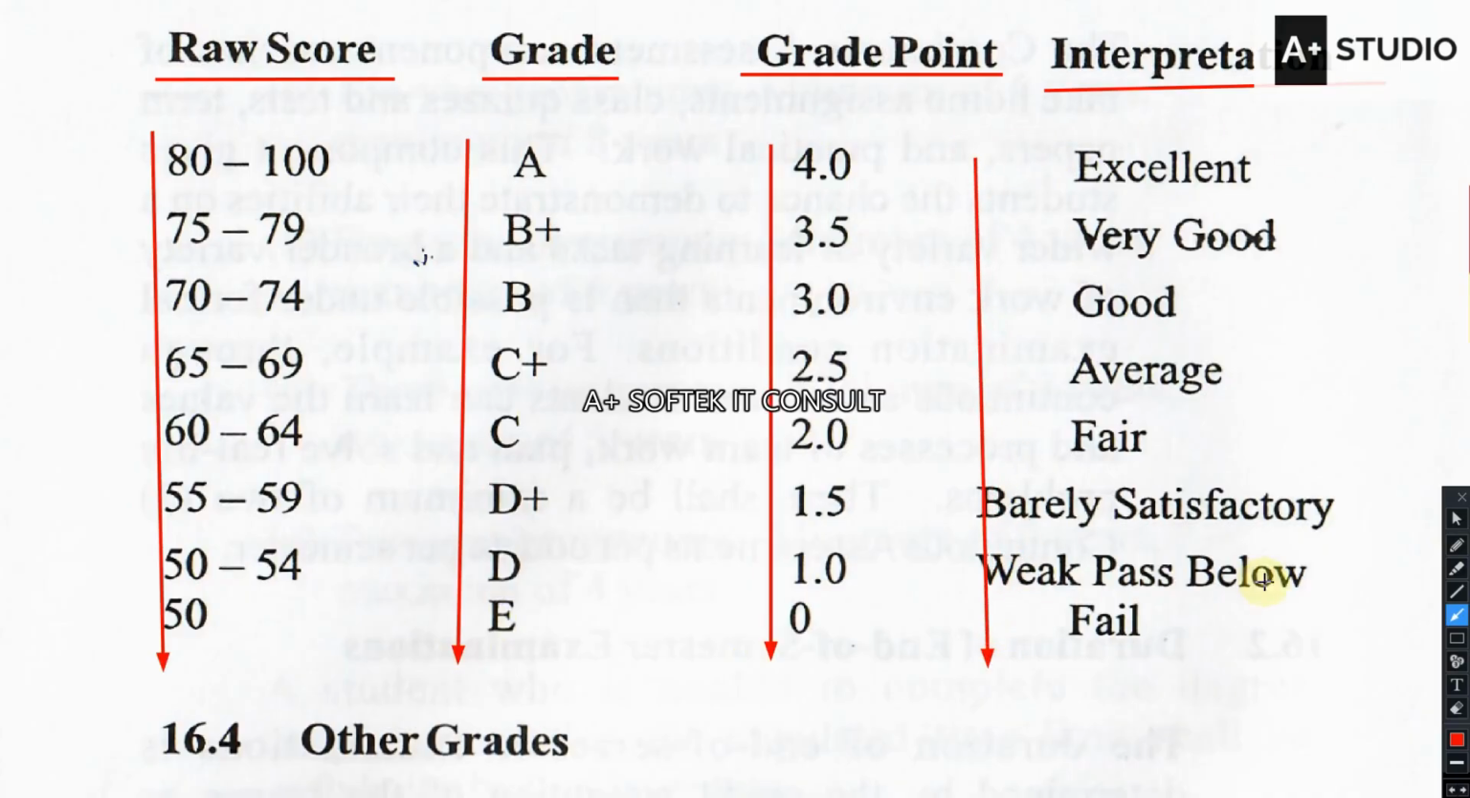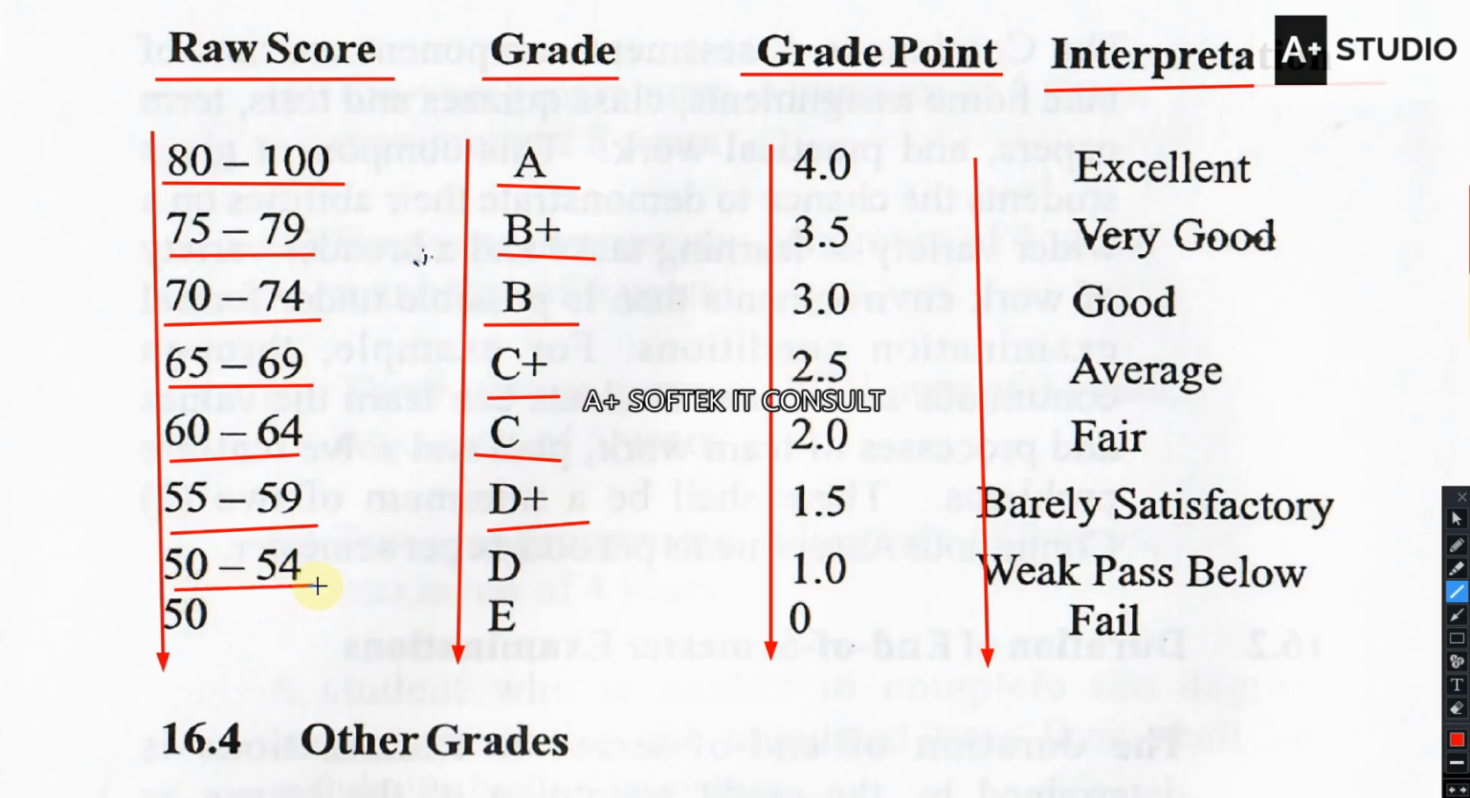Okay, so let's take this first. When you take the raw scores, we have 80 to 100, which is an A. We have 75 to 79, which is a B plus. 70 to 74, which is a B, and then 65 to 69, which is a C plus. 60 to 64, which is a C. 55 to 59, which is a D plus. 50 to 54, which is a D, and then below 50 is an E, which means there is nothing like F